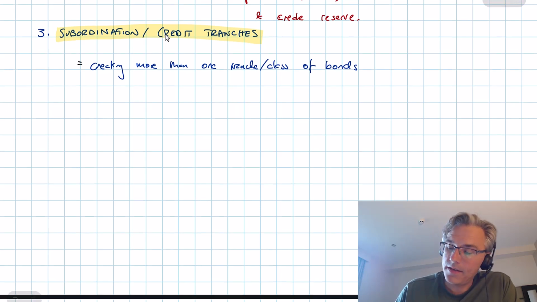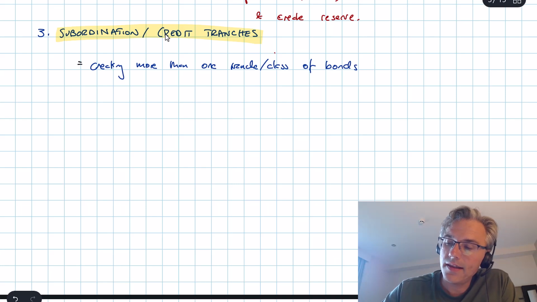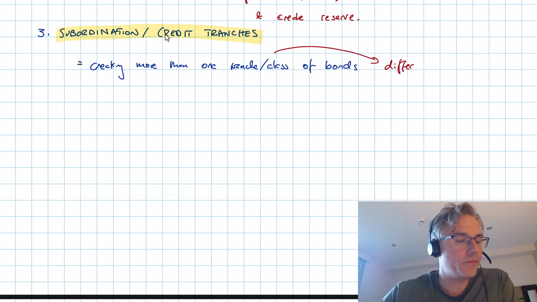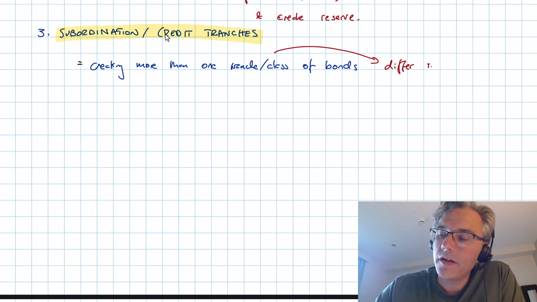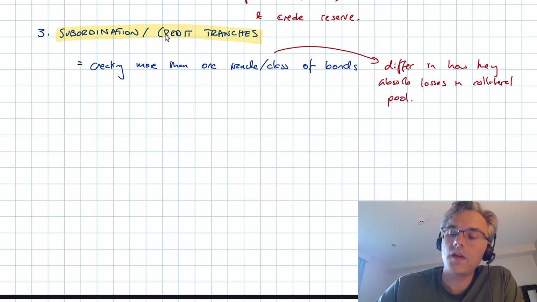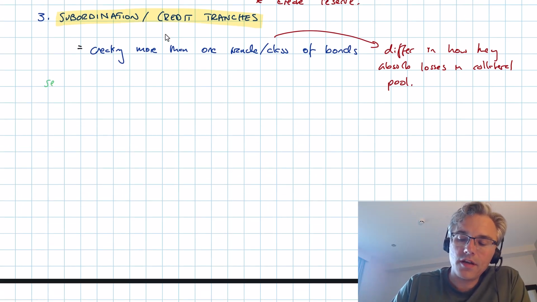and as I just mentioned, these classes or tranches differ with respect to how they absorb credit losses that may appear in the collateral pool, differ in how they absorb losses in the collateral pool. Okay, good. And like we mentioned in a previous video, you're going to have senior